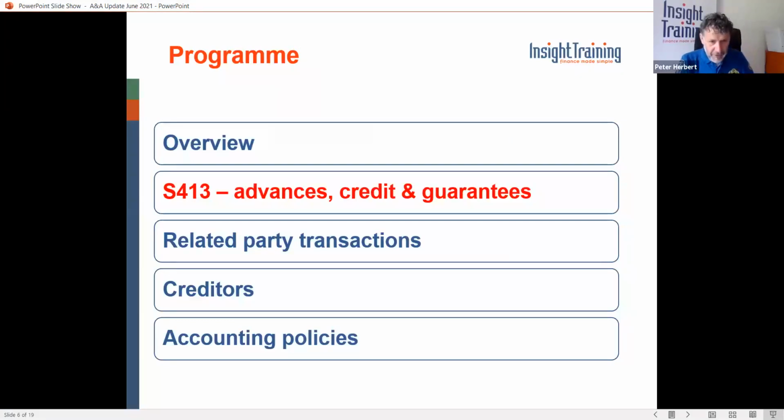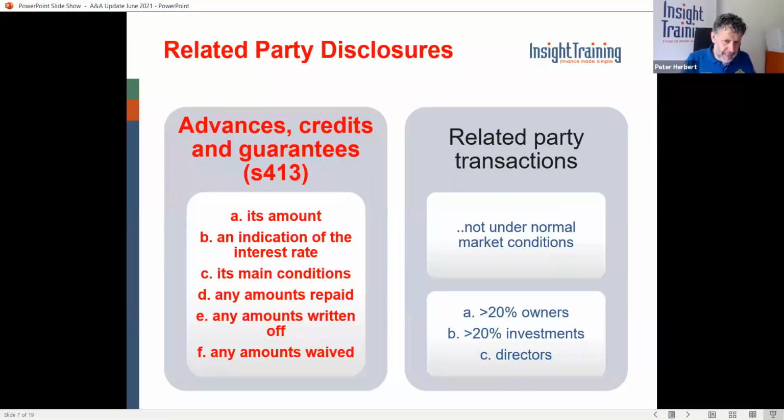Okay, let's look at our first area then, which is the area of Section 413, advances, credits and guarantees. Now, I think advances, credits and guarantees, overdrawn director loan accounts, if you will, and related party transaction disclosure requirements are very closely linked because they are, of course, all to do with transactions with parties who are related to the reporting entity. But I'm going to look at them individually here, starting off with the advances, credits and guarantee